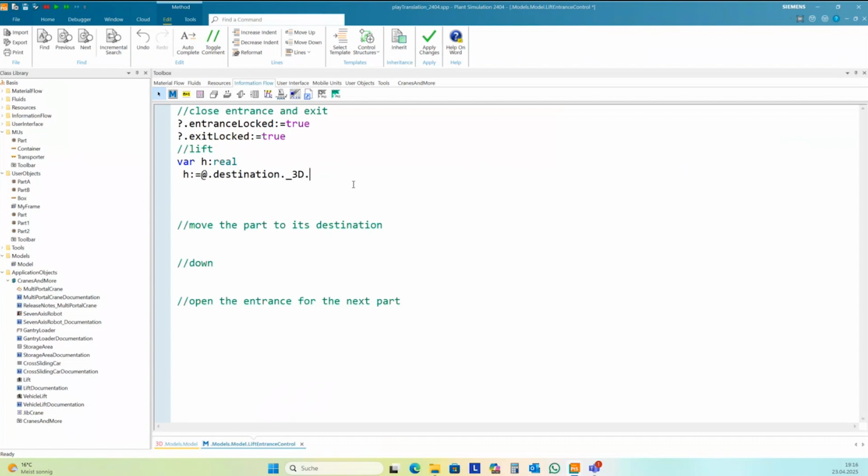And we need the attribute base height. And the difference between the base height of the destination and the base height of the lift, this is the height we need to lift. So I need to calculate this from both base heights.